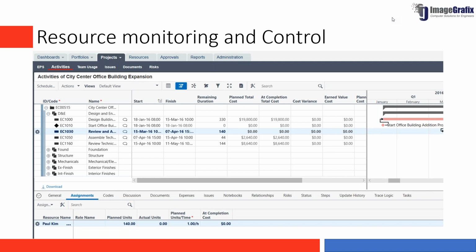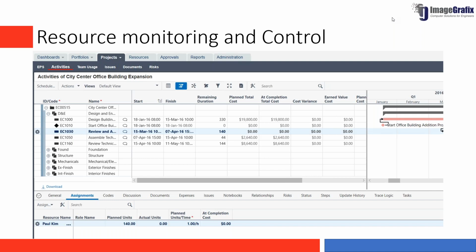Coming to the next part, what we have done till now, let's summarize, then we'll move to the next step. So we have defined the resources, then assigned them at the activity level, then we have analyzed at the project level, then we have also analyzed at the enterprise level, portfolio level, right? So we have done the analysis part, we have made the changes whatever we want to make on the utilization of that resource, and then we have started executing the work, right?